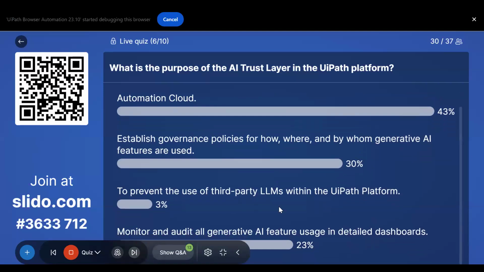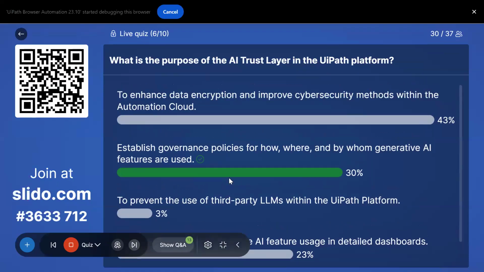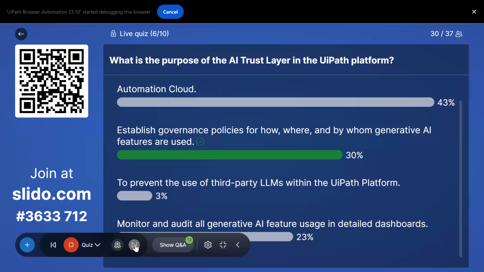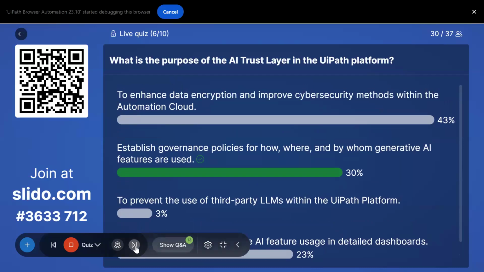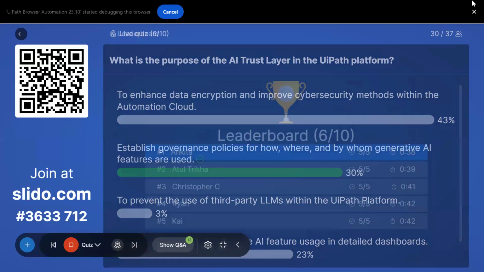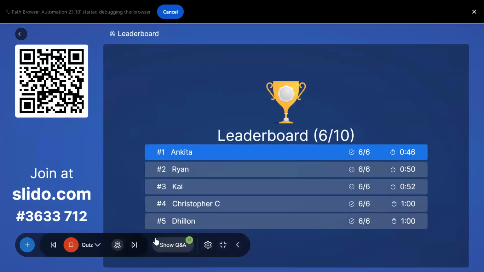Okay, we have a mix of all the options, and B is the correct option. It establishes governance policy for how, where, and by whom generative AI features are used. And we have Ankita on top again. Let's continue.